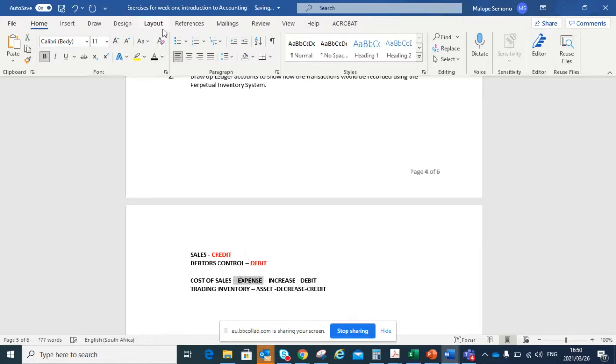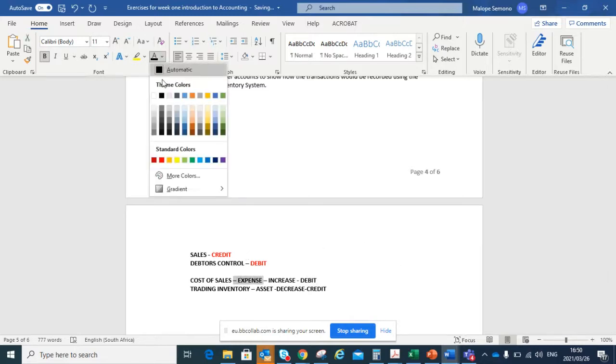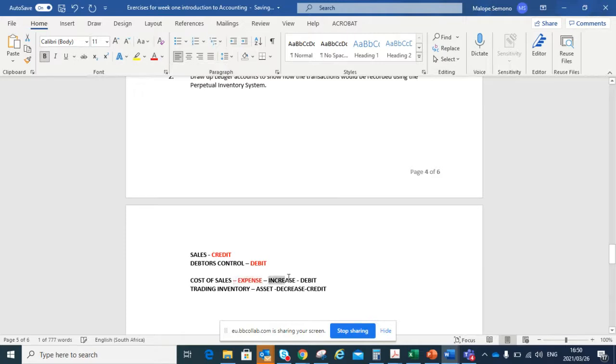So this is very important. That's why I say whatever you did under the accounting equation, please don't forget it. You do the same. The only difference is that under the accounting equation, we show the signs plus and minus, but here we don't show the plus and minus. Can you see now?